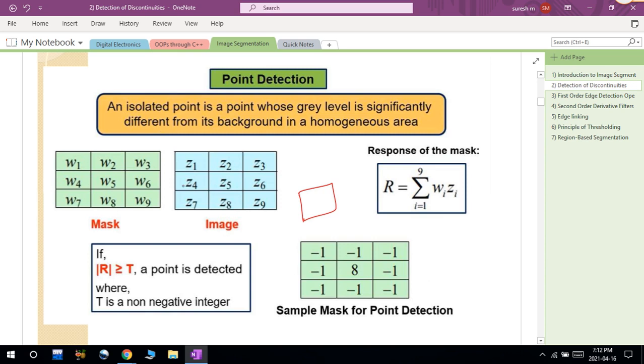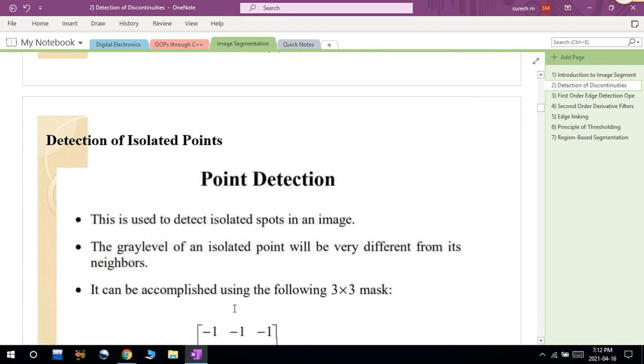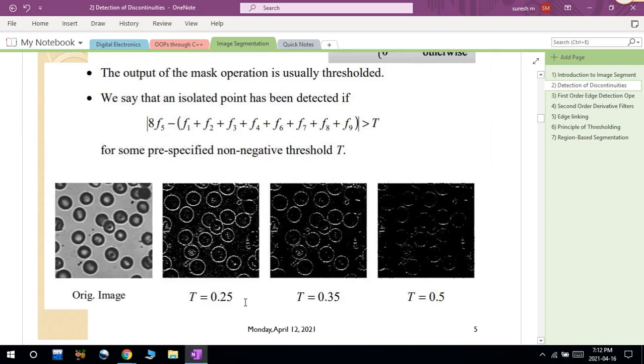Each image has some gray intensity values. I multiply Z1 with -1, Z2 with -1, Z3 with -1, like this, and sum it up, so that I get one value. I check this value against the threshold value. If it is greater than the threshold value, then the point is detected, otherwise the point is not detected.